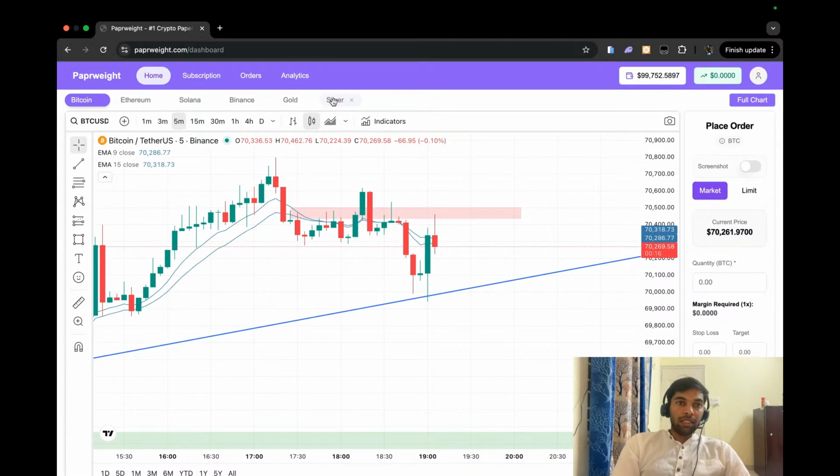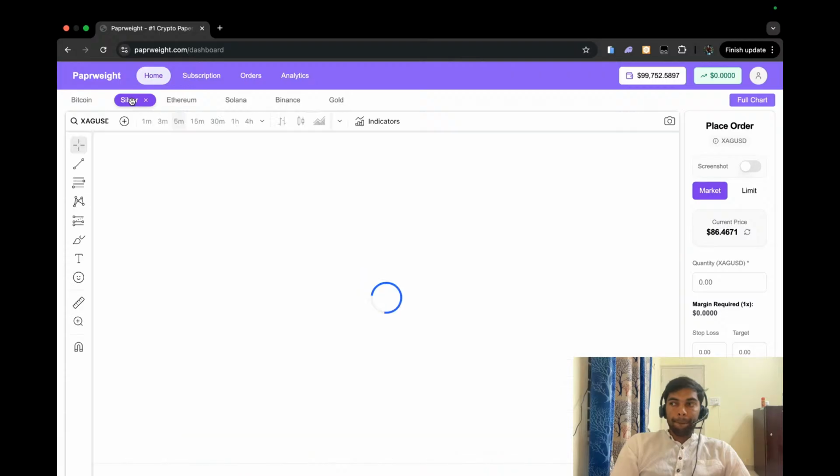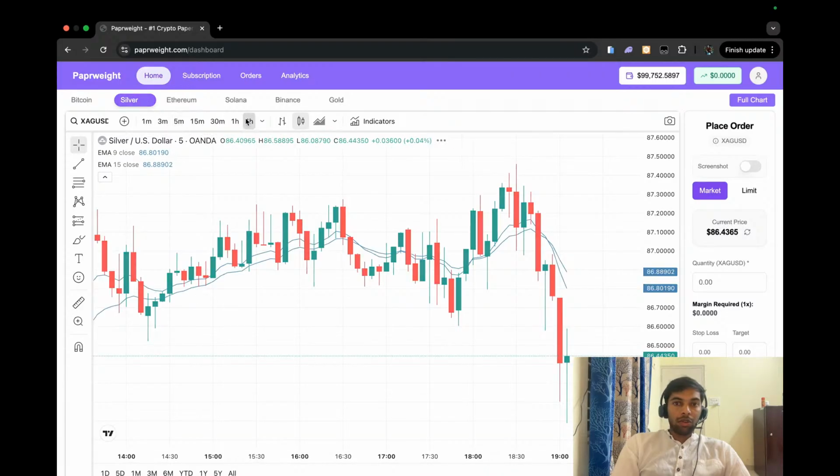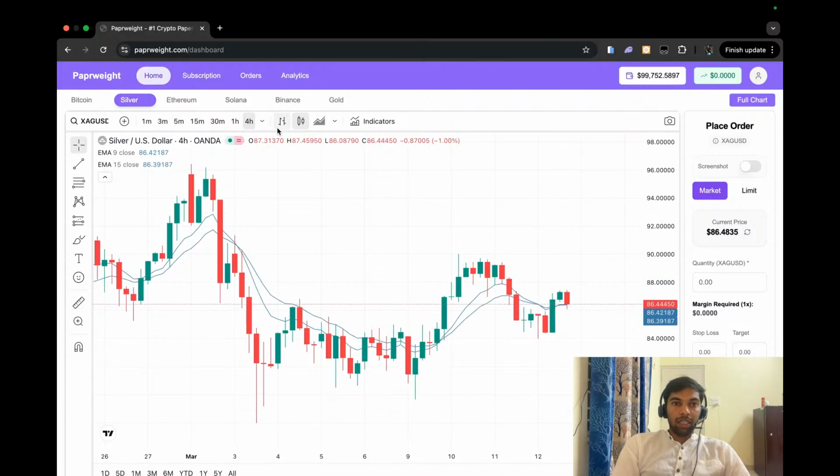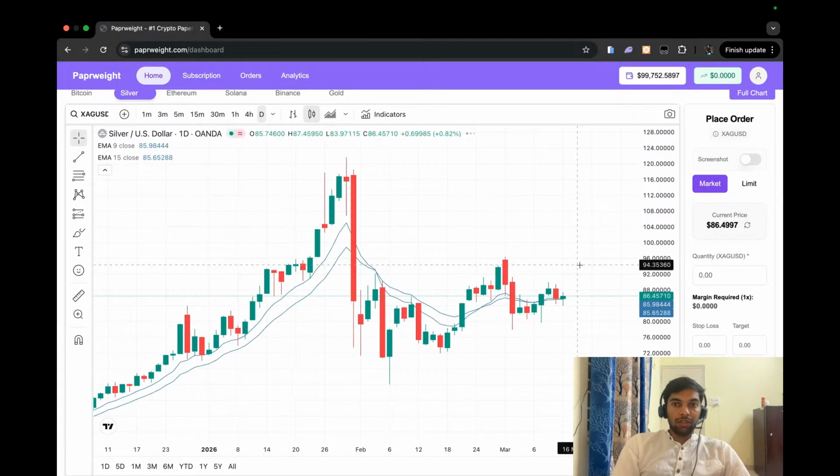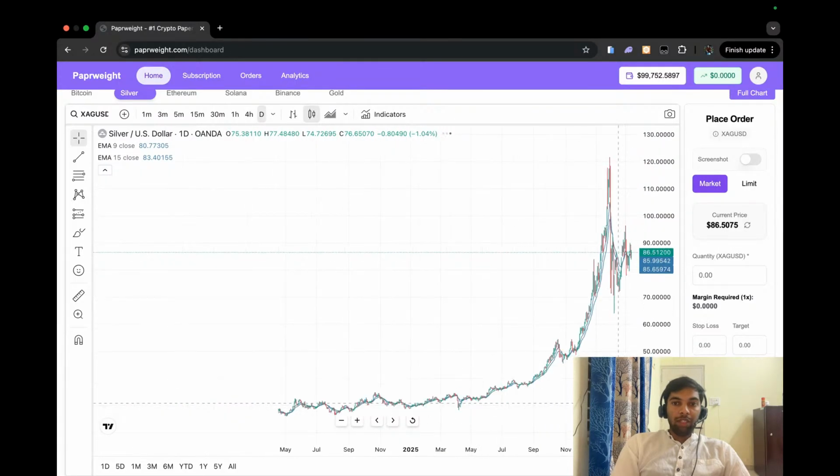Let's see what is happening at silver. Then we will see what is happening at gold as well. So at silver, as you can see at 4 hour time, let's see what is happening at daily time frame in silver. So at daily time frame, you can just see